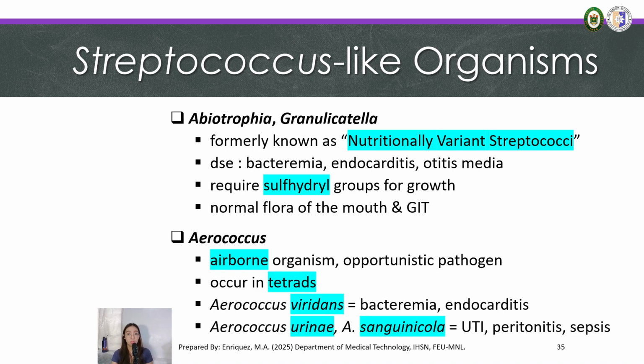Aerococcus is a common airborne organism, pero pwede rin naman po itong ma-acquire through other forms of close contact. It is a widespread opportunistic pathogen causing an increasing number of infections associated with bacteremia, endocarditis, and UTI in immunocompromised patients. Aerococcus viridans has been linked to cases of bacteremia and endocarditis. Meanwhile, Aerococcus urinae and Aerococcus sanguinicola have been associated with invasive diseases such as sepsis, endocarditis, lymphadenitis,